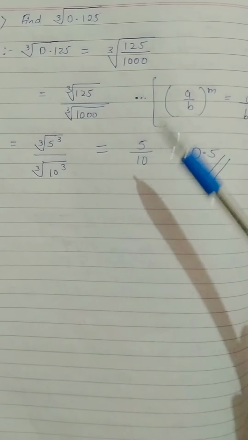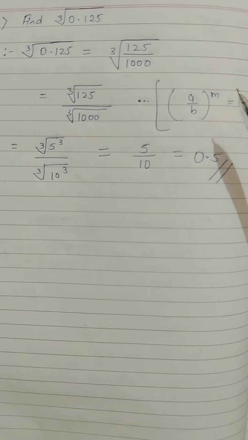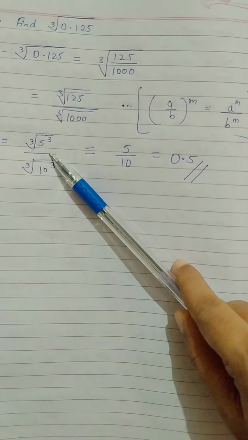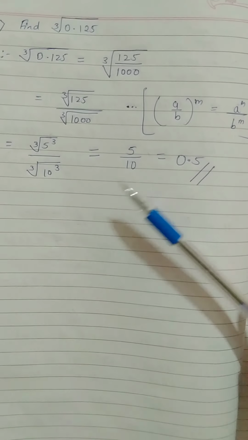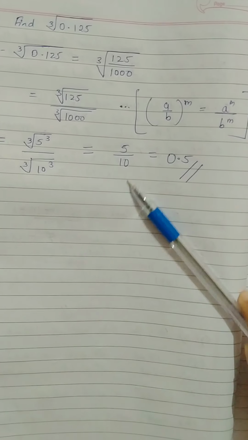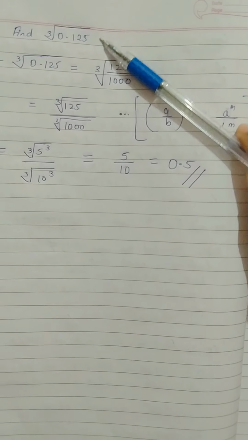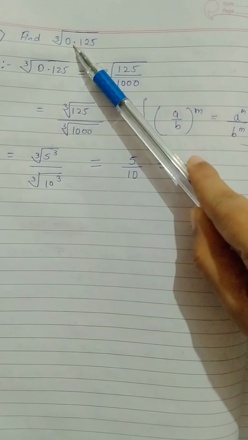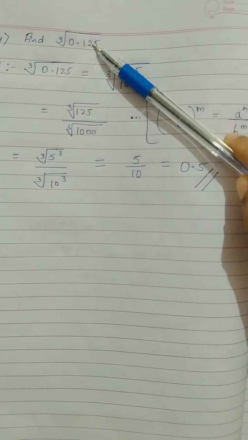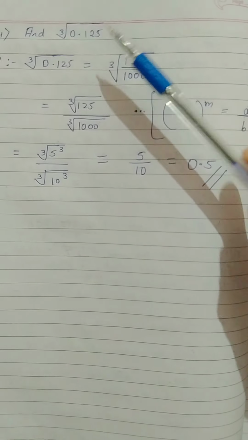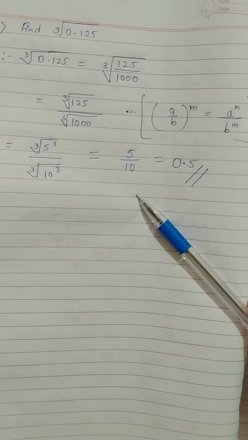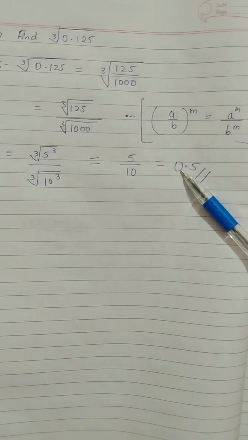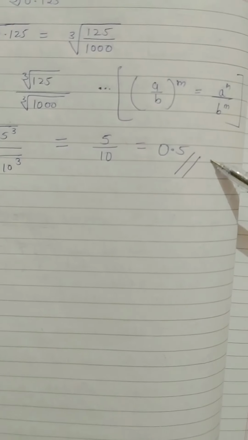Once it is moved to the other side of the equal sign, the cube and cube root are removed. So that will be 5 upon 10. That is 1 decimal. As I told you before, after the decimal, only 1 digit is there, then that will be divided by 10. So similarly 5 upon 10 means 0.5.